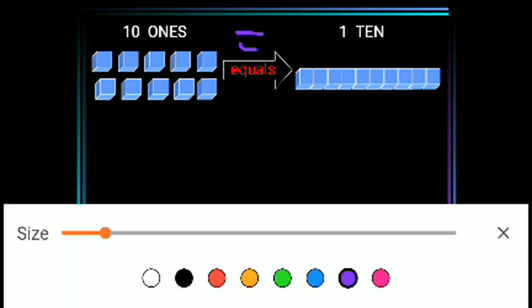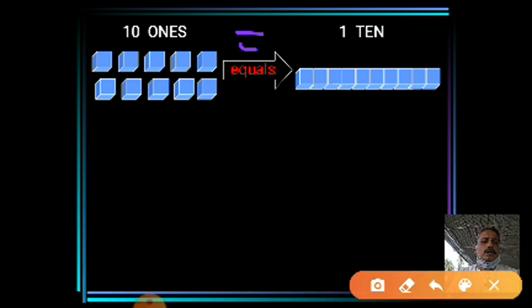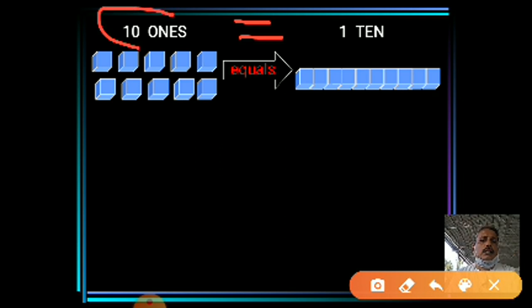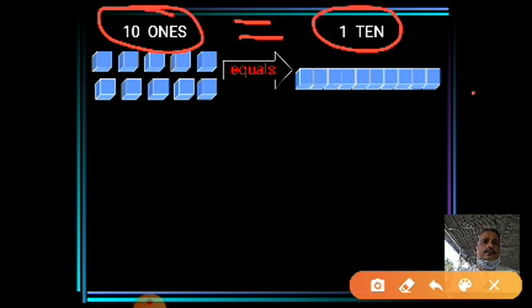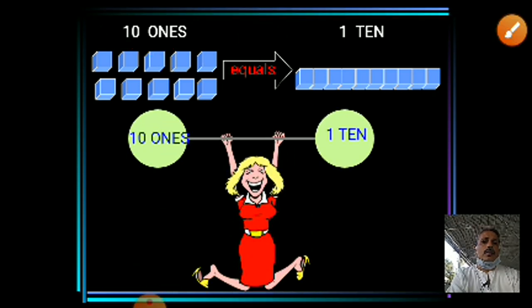Good. Let's check with different colors and you can see it clearly. So, 10 ones is equal to 10. Is it? Good. Let's see. Or here one small picture is showing us 10 ones on one side and 10 on the second side. So, here a girl is balancing both the sides. So, you can say both the sides have 10 kg weight.